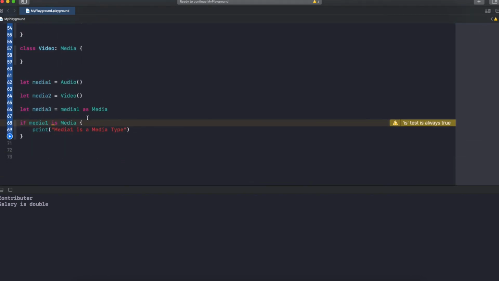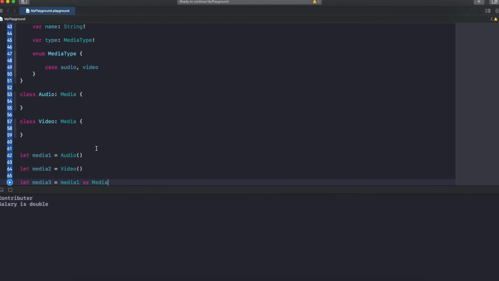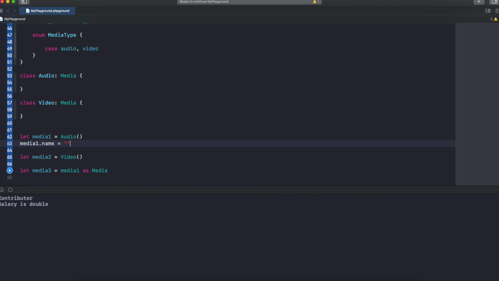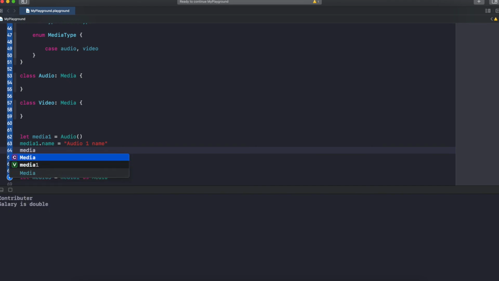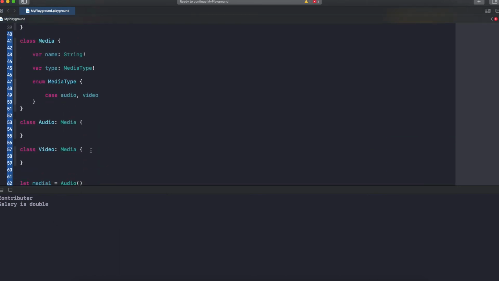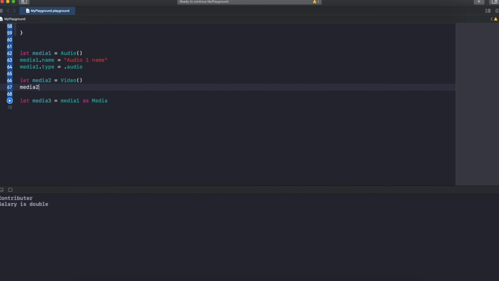So here, let's say I'm going to set the name for media1.name equal to audio1 name, and then media1.type equal to .audio, and then media2.type equal to .video.